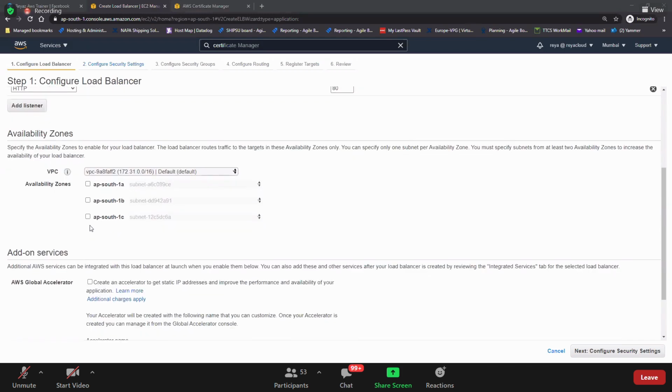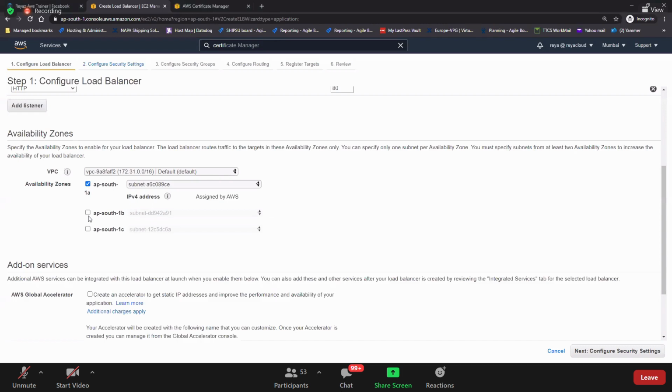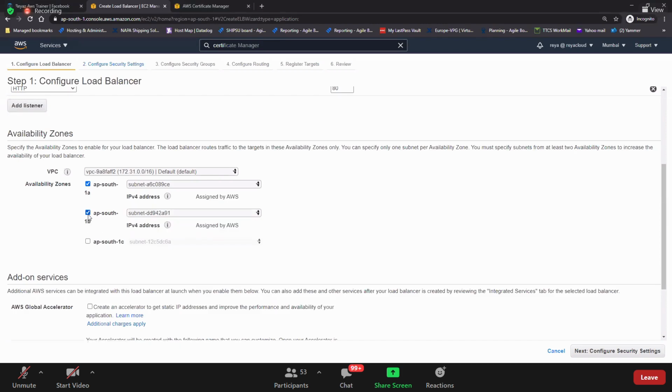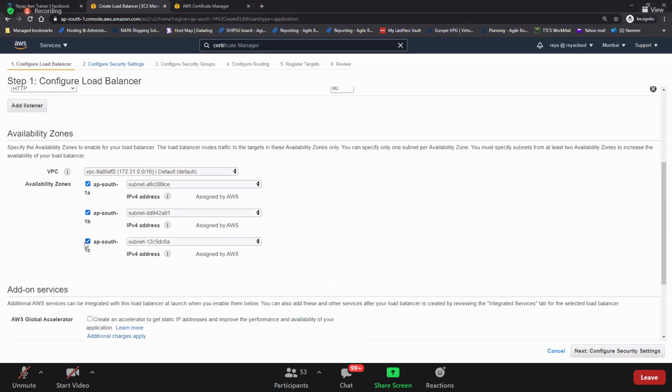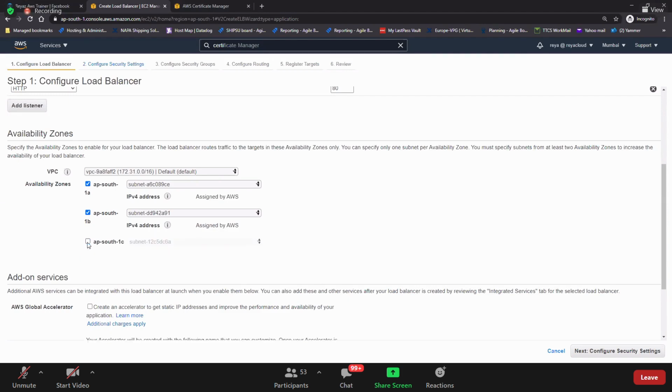And then availability zones. So guys, your EC2 instances are in which availability zone? Now you tell me, the load balancer should have at least how many availability zones to distribute the traffic? 2, right? Our EC2 instances are in 1A, or also in 1B, or say in 1C. But if I have it only in 1A and 1B, right? Minimum we should have 2.